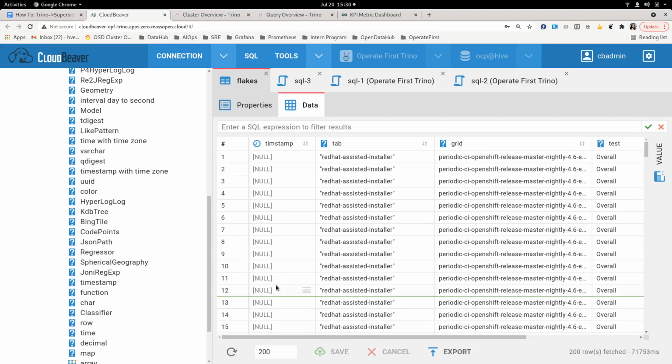I'm not sure if this is something to do with the mapping of timestamps in Trino and the datetime object that we had in Python, and that's why we have this issue. But currently looking into this, and if anybody has any ideas or how we can figure this out, that would be great. But apart from that, the rest of the workflow works